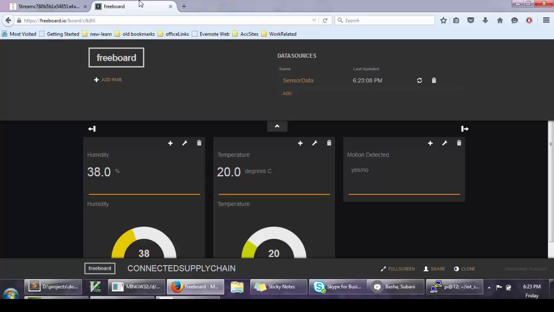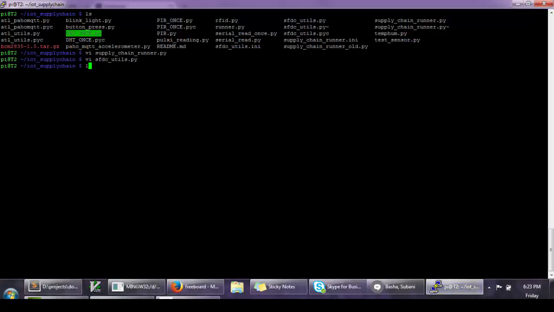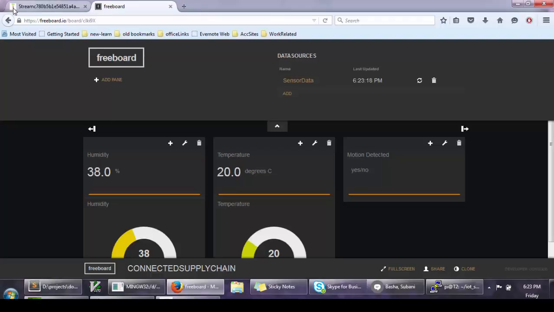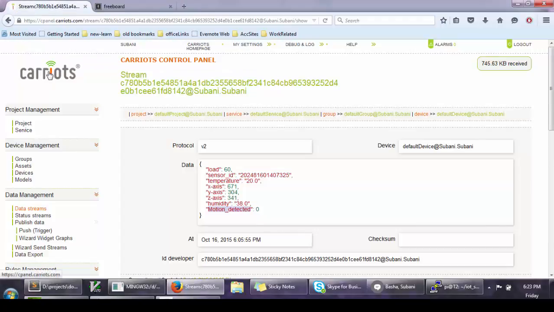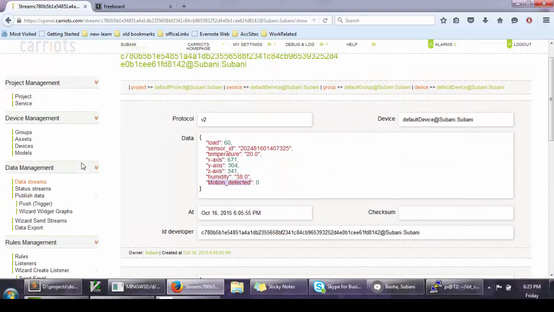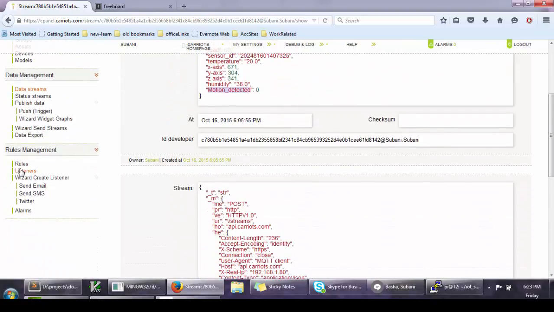Let me summarize all the flow that we are doing. We have certain Python code that runs on Raspberry Pi, which sends the data to carriers. Carriers in turn receives the data, runs some rules on it, has some listeners to see what is happening, and then if required, we are sending the events or the generated events